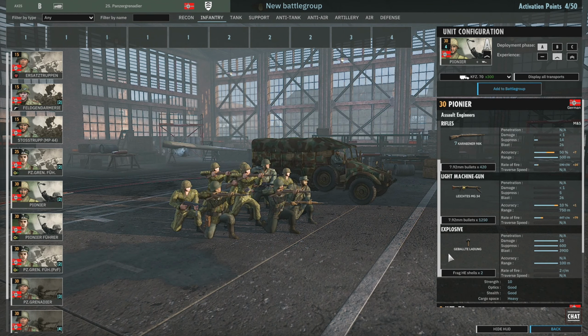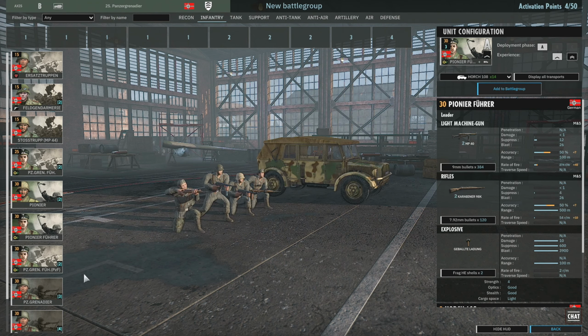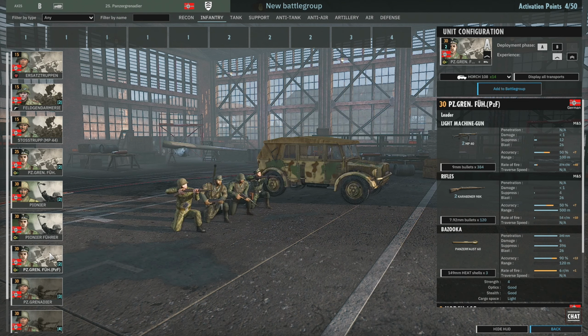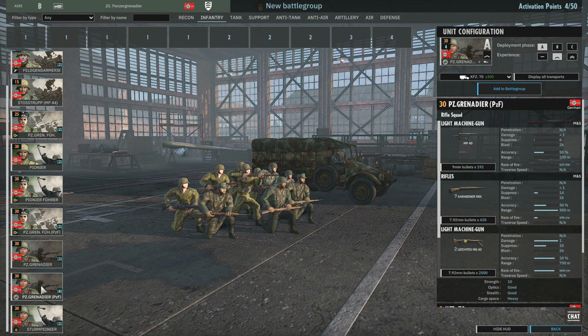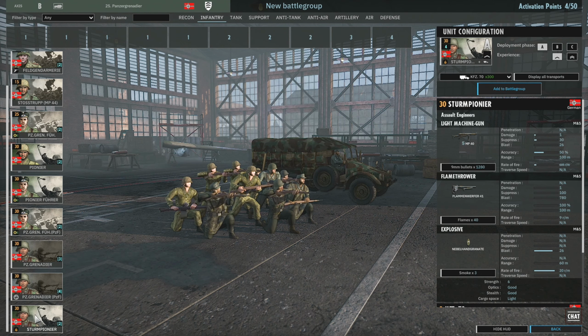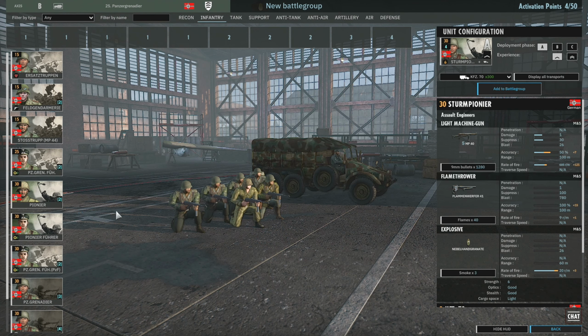They have the close range grenade. Pioneer Führer have the close range grenade, but are a command squad. We've got the Panzergrenadier with a Panzerfaust, Panzergrens and Panzergrens with Panzerfaust, and Sturmpioneers. 2 cards of Sturmpioneers. Okay, so it looks like we're going to be focused a lot on, obviously, our infantry,